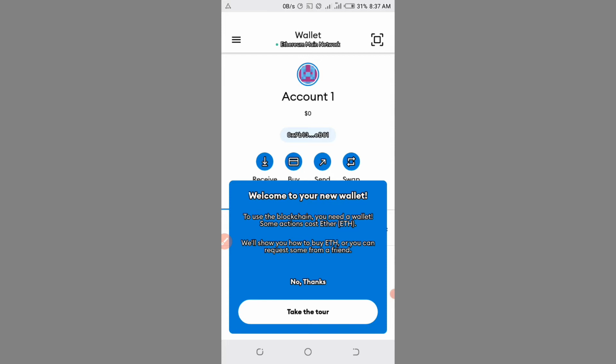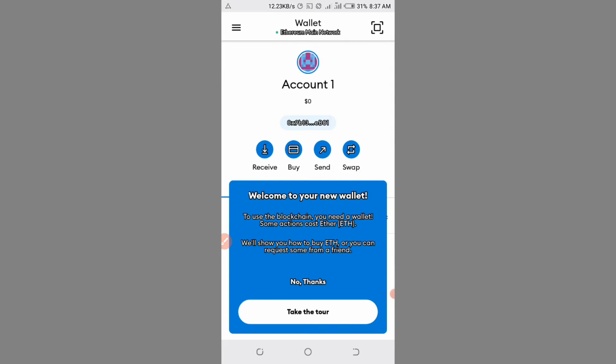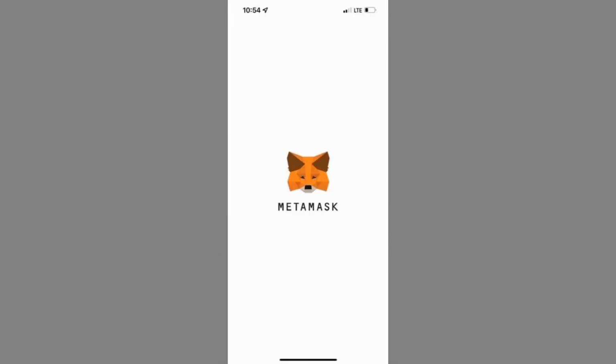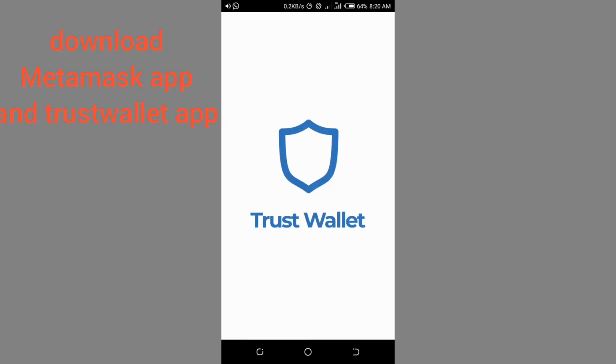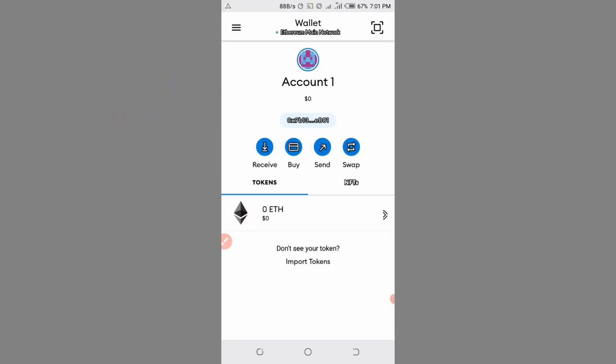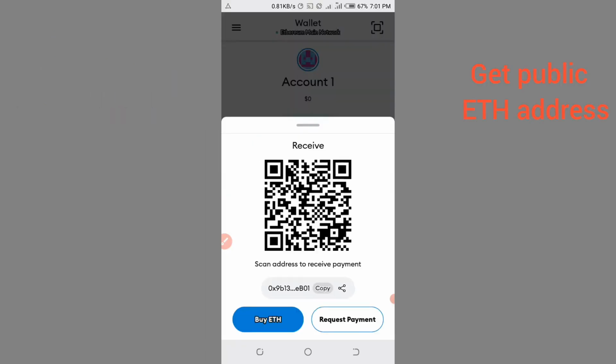In order to import an existing Metamask account to Trustwallet, follow this simple step-by-step guide in this video. First, you need to install the two apps. You need to install Metamask and Trustwallet. Then after that, you need to get the public Ethereum address on Metamask wallet. You need to write it down, or you take a screenshot of the Ethereum address. Then after that,